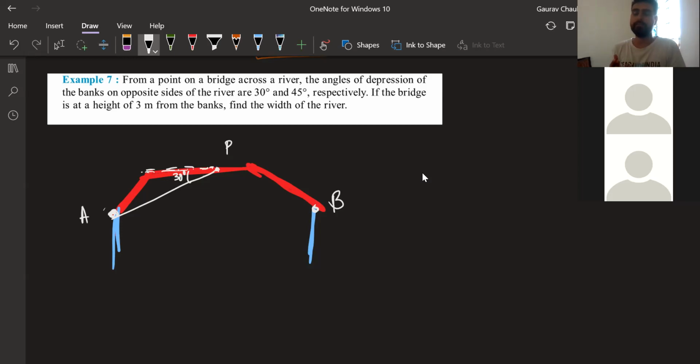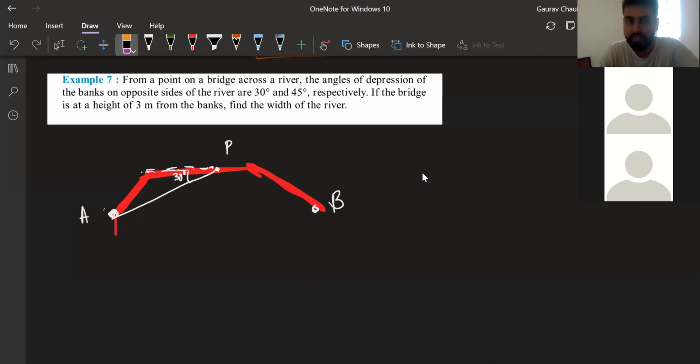So I think I'm able to identify it right now. The angle of depression is between the line of sight and the horizontal. Even the angle of elevation is between the line of sight and the horizontal. When I'm standing here and looking at the bank, this is my line of sight. PA is my line of sight. Correct, Dilruba? Yes, sir. And the horizontal is whatever is parallel to the floor, parallel to the water here. Okay, Dilruba, okay with this?